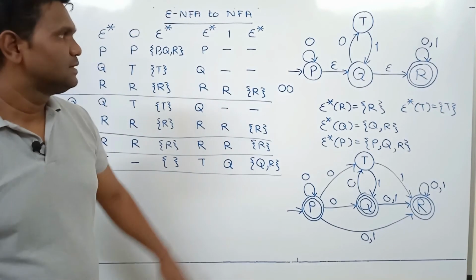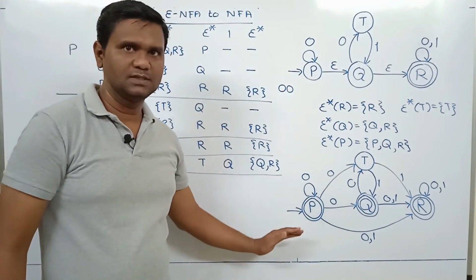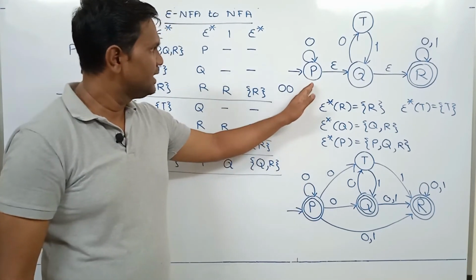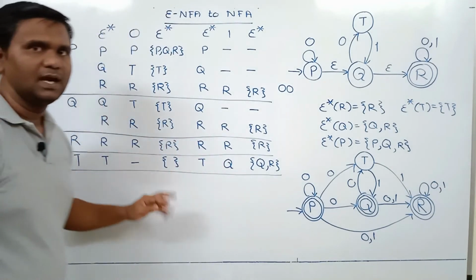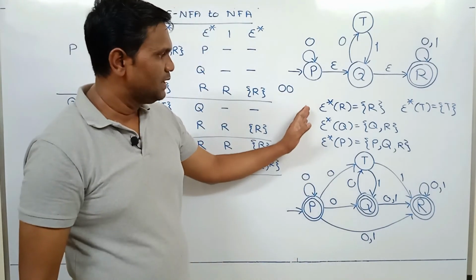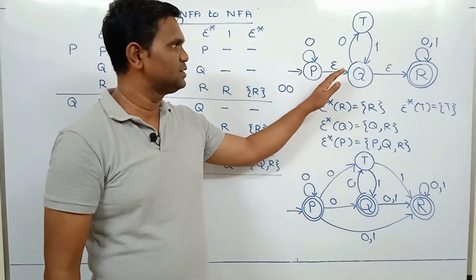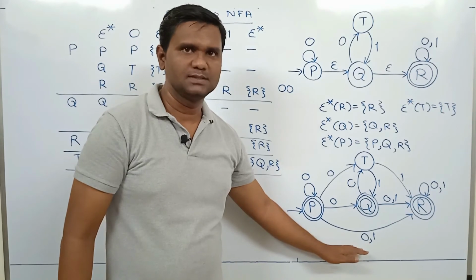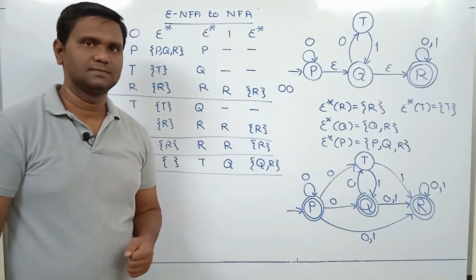So first important point is, when you convert epsilon NFA to equivalent NFA without epsilon transitions, number of states remain the same, initial state remains the same. We have to calculate transitions like this, and for final states we have to consider epsilon closure of each state. If it contains at least one final state corresponding to epsilon NFA, then that state will be final state in NFA without epsilon transitions. So this is how we convert epsilon NFA to NFA without epsilon transitions.